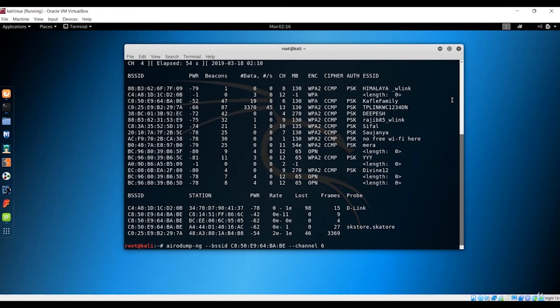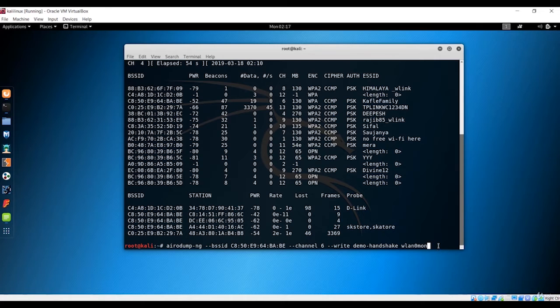After that you have to capture the handshake and pass it to some file. So I'll just say write, and write is basically to write that handshake, and I want to give the name to that as demo handshake. This is our demo handshake file, and the interface here is wlan0mon. You could see we're using airodump-ng as a tool, and bssid is basically the argument which refers to this network. Channel is 6, and write is basically to write the handshake that we get from here.